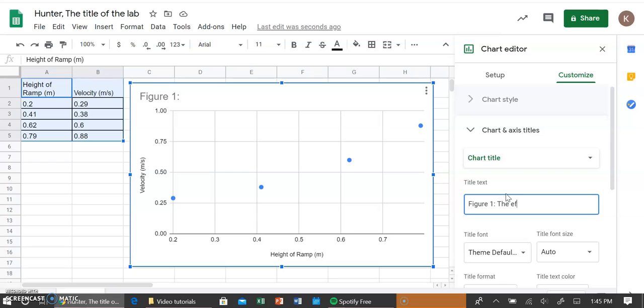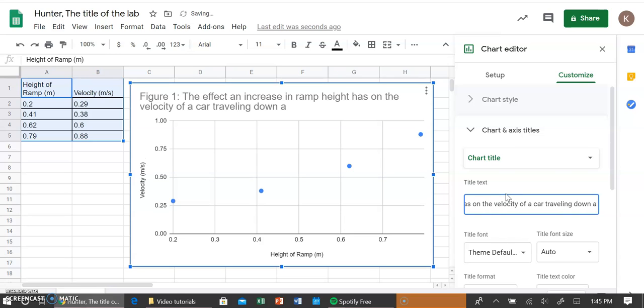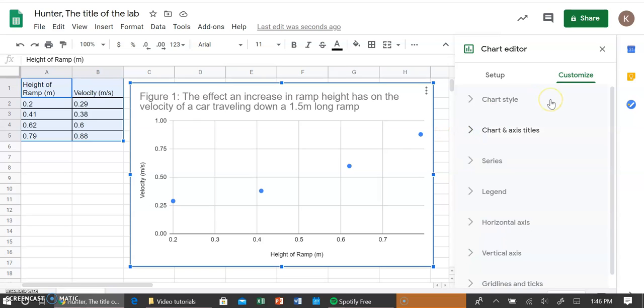So again, it's the effect an increase in ramp height has on the velocity of a car traveling down a 1.5 meter long ramp. Okay, so we are done with that. And then